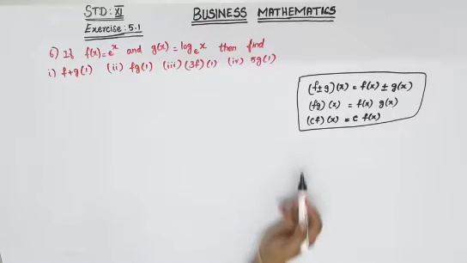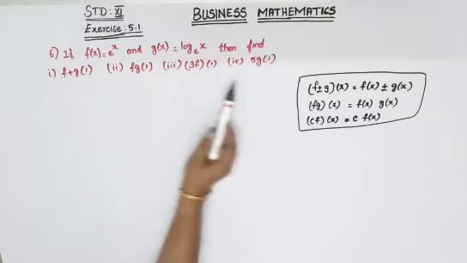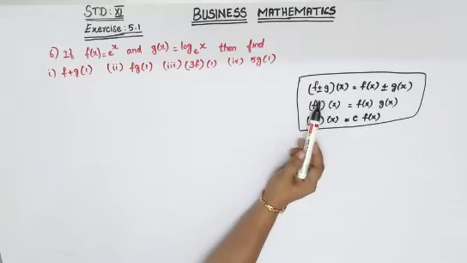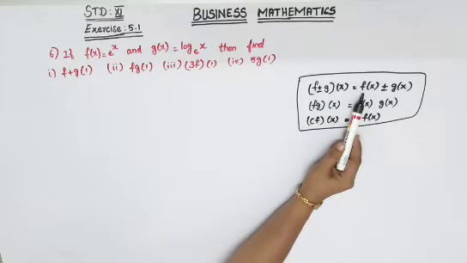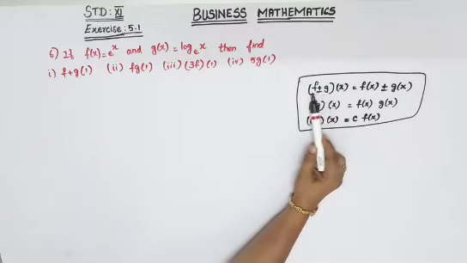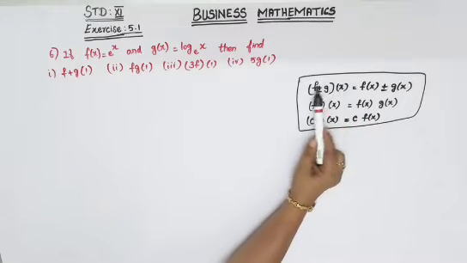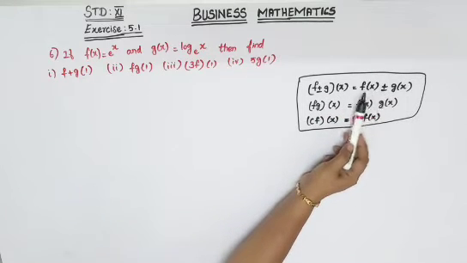Your formulas are here. It is given f of x and g of x, and we'll have to find all these subdivisions. For that we can use this formula: f plus or minus g of x, you can write it as f of x plus or minus g of x. That is, you can split your f and g separately with your x. f of x is one function, g of x is your next function, with plus or minus. You can split it up.